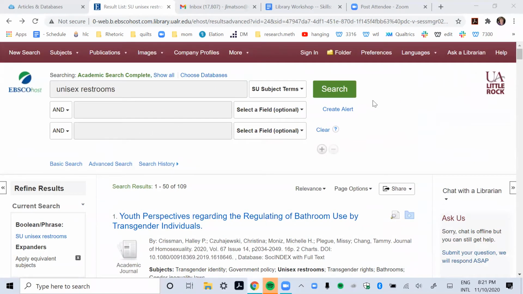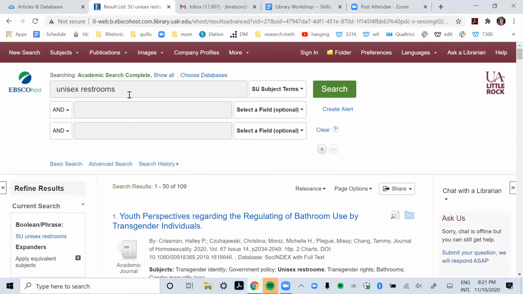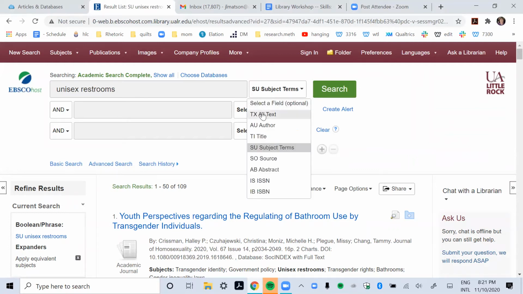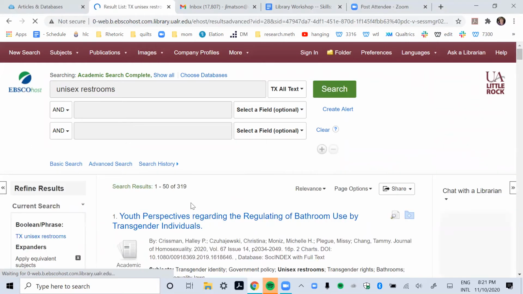So when we search for unisex restrooms, notice we get 109 items, and notice that I put unisex restrooms into the subject term field. If I did it all text, I should get more. I got 319. That means that it looks for it in all the